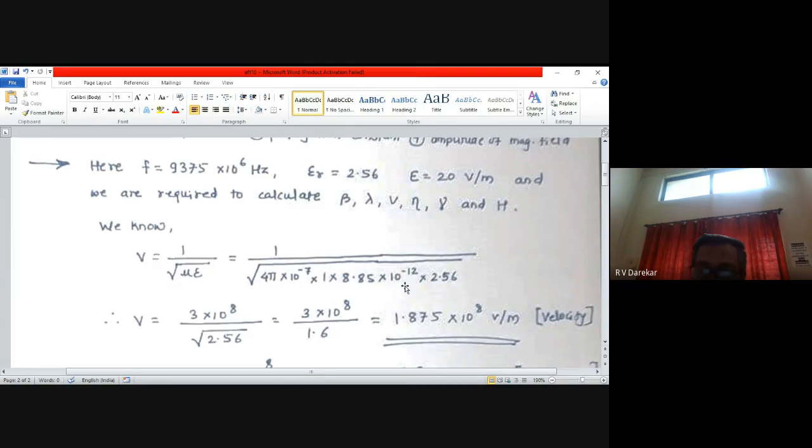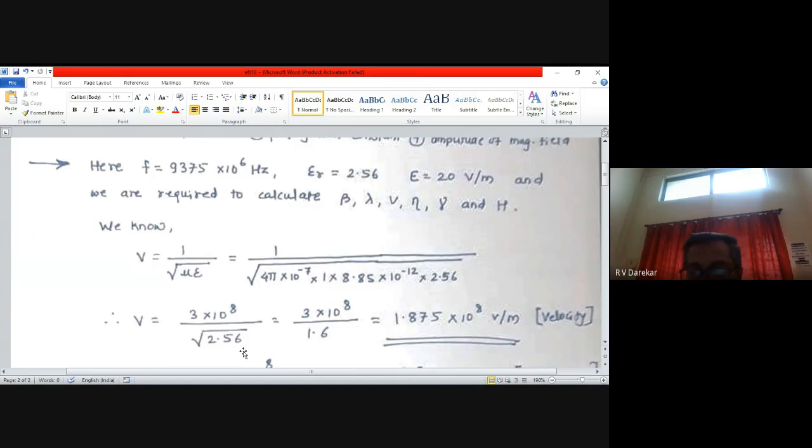What will be in the denominator and in the root sign? It will be only 2.56. If I am knowing that 256 is the square of 16, 2.56 will be square of 1.6. Taking out of the square root, please note that I have not used any calculator till this step, and I am going to use calculator only for finding the value 3 upon 1.6.